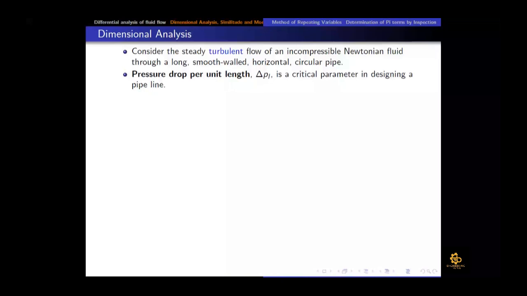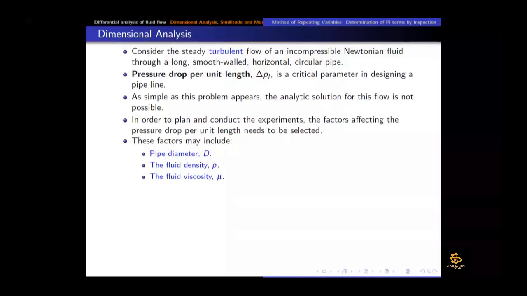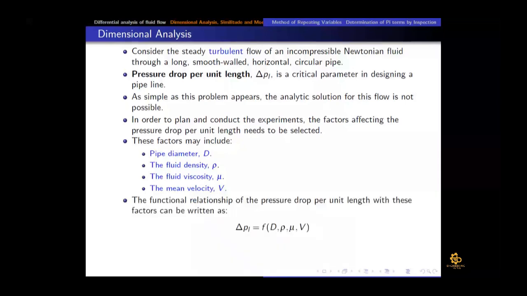So that is the critical parameter. So analytic solution is not possible. So we need to first of all list down the variables which are important for that experiment. Now this is a very critical step, because if you miss some critical parameter which needed to be included but you